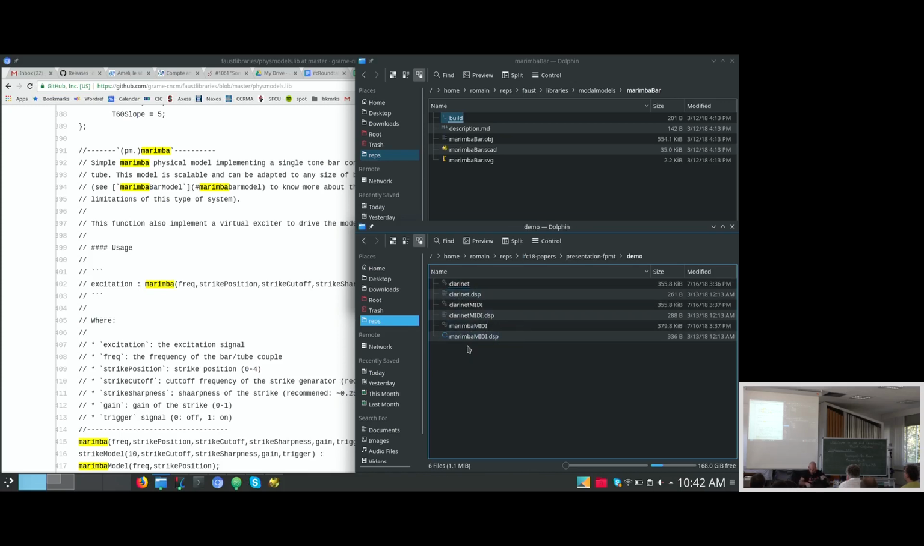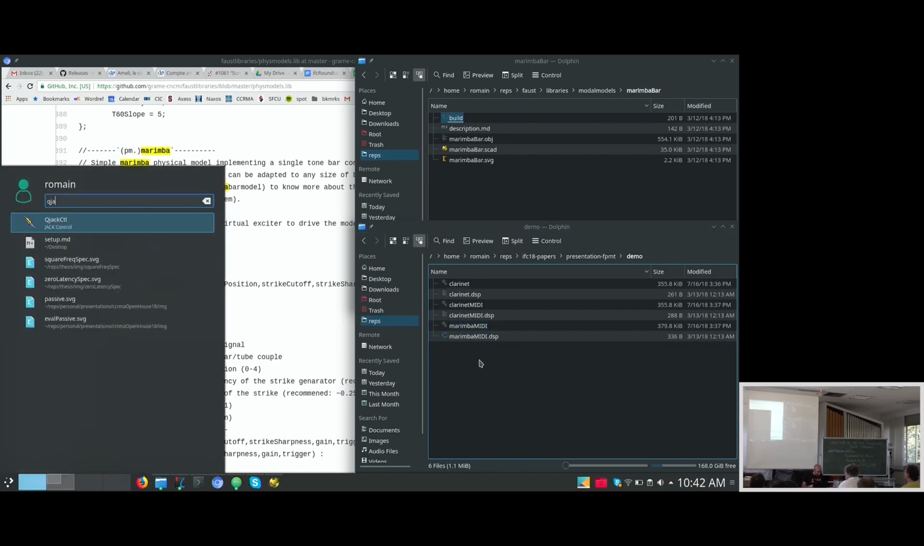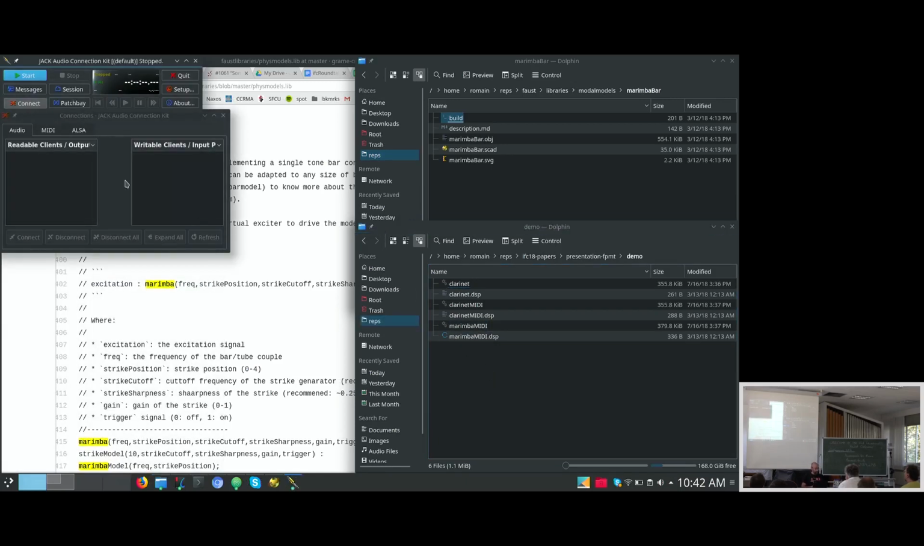So I probably need to plug the audio too, which I haven't done, sorry. And probably start Jack, because I converted those things as Jack applications, and I bet Skype is not gonna like this, but it doesn't matter. Okay, so here we have a clarinet example